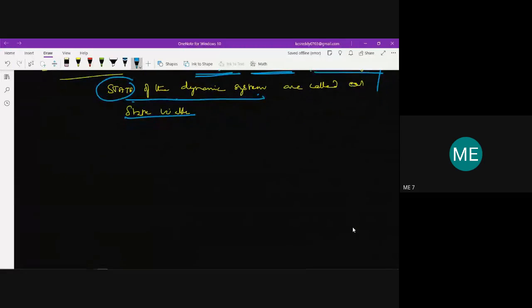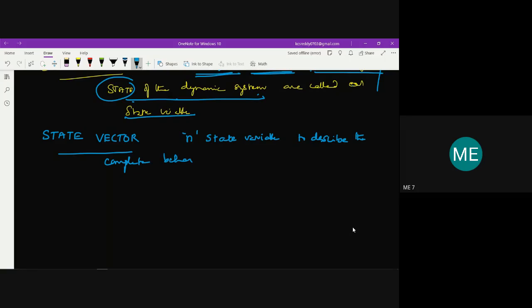State vector. So when I say vector, it is if you have n state variables, which are necessary to describe any system. Say for example, I have n state variables to describe the complete behavior of the system. That is, we have x1, x2, x3, and so on, xn. So these state variables, which are used to describe the complete behavior of the system,